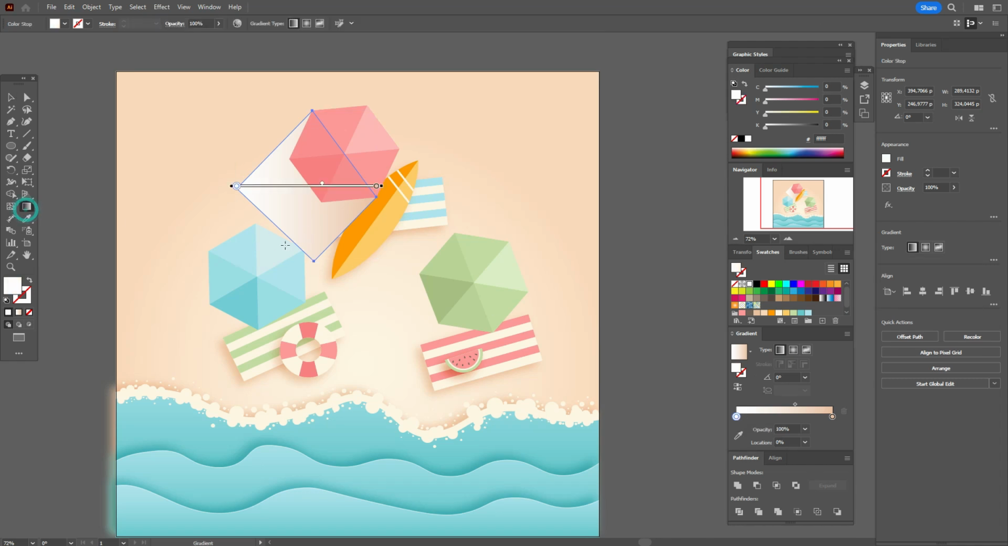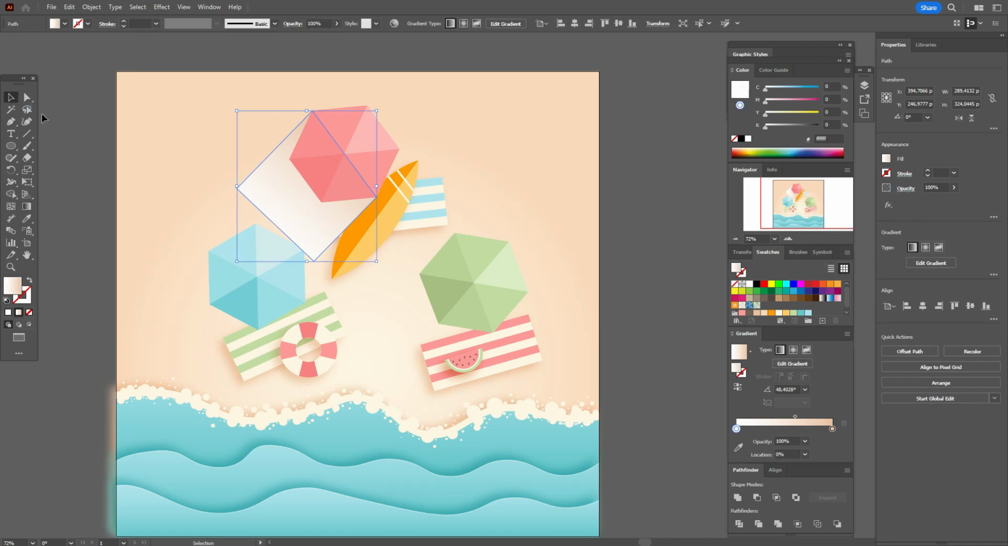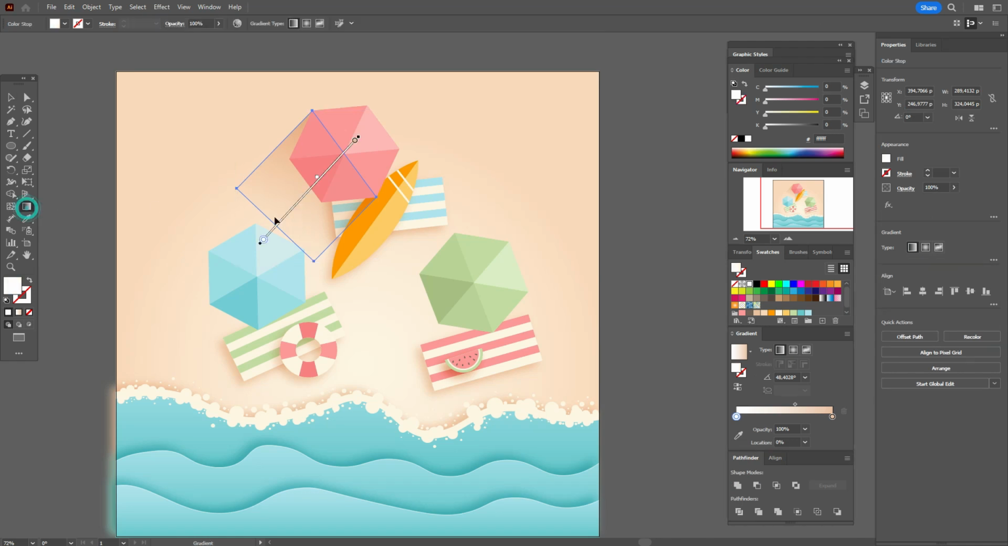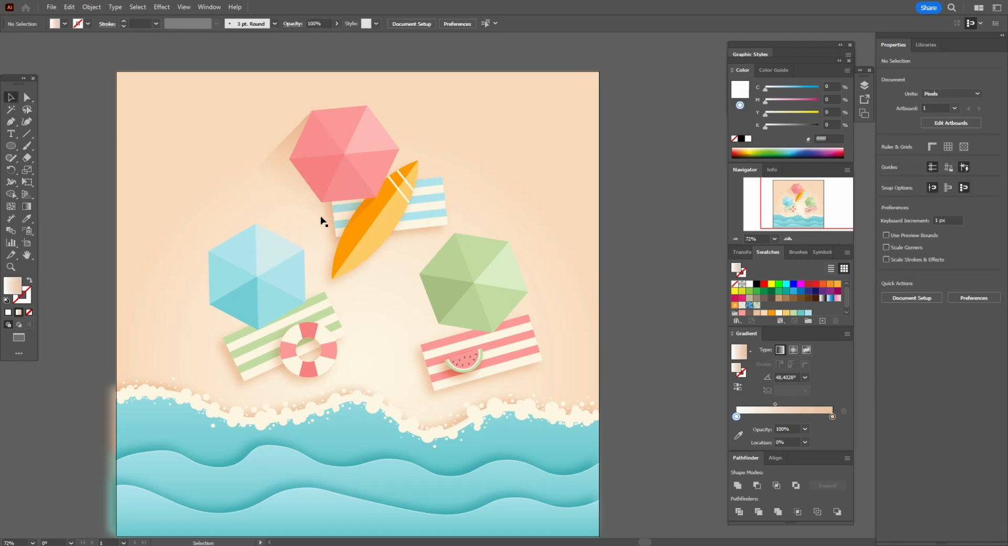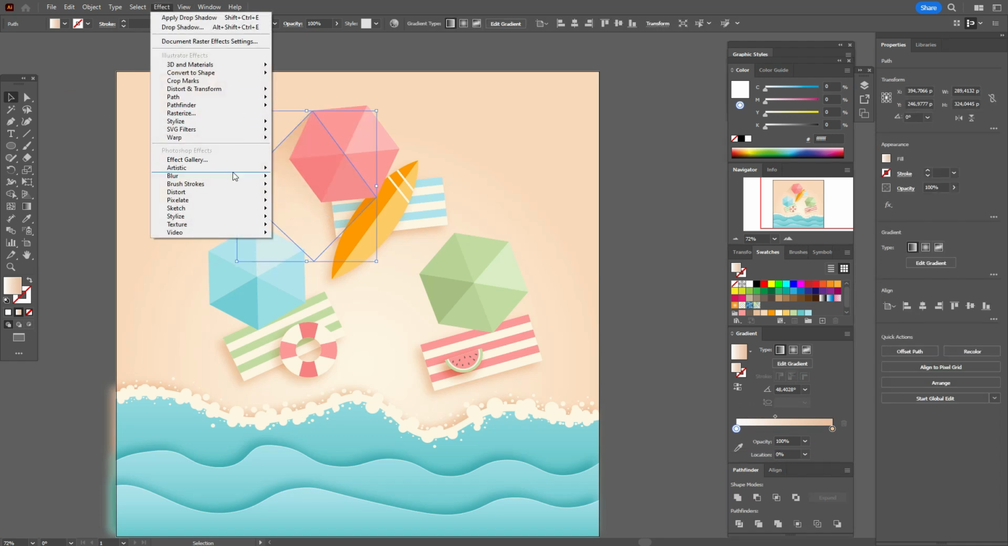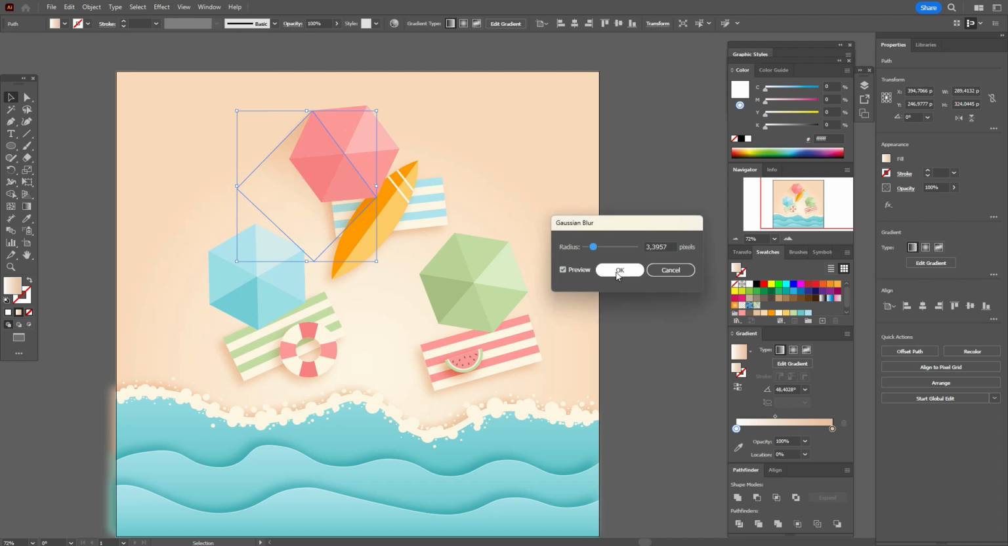Okay, let's play with the gradient like this. Opacity, let's select again, and opacity multiply, and take gradient tool and move the gradient a little here and that slider a little down like that. Now select that shadow, effect, blur, Gaussian blur. Okay,